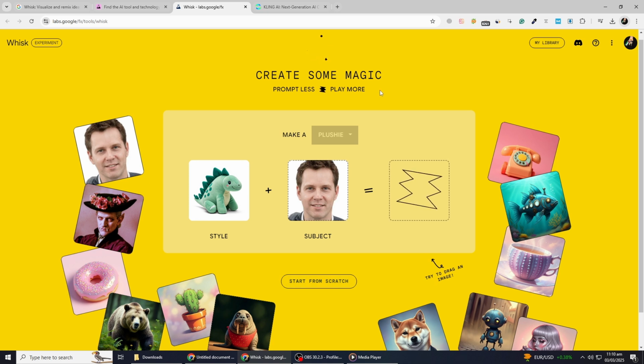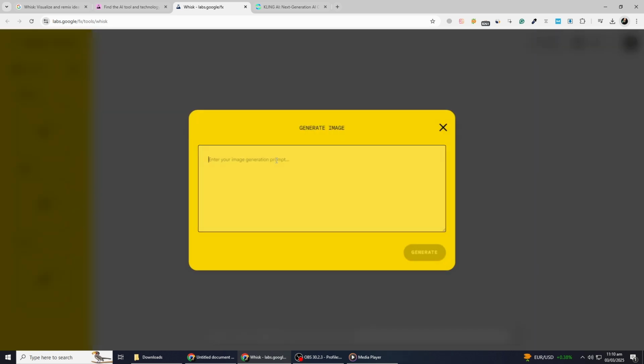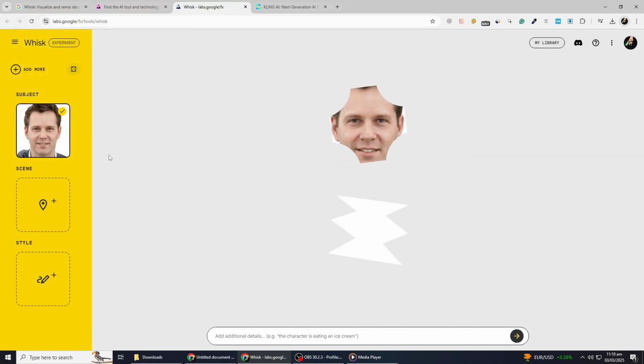If you don't have an image or prefer not to upload one, Whisk offers the option to create images using only text descriptions. Simply write a detailed description of your subject, including key features like color, shape, size, or any other defining characteristics. The more specific your description, the more accurate and visually appealing the final image will be. Whether you're uploading a photo or writing about your subject, Whisk uses advanced AI to generate stunning visuals that bring your ideas to life. This flexibility allows anyone, regardless of technical skills, to create eye-catching images for personal projects, social